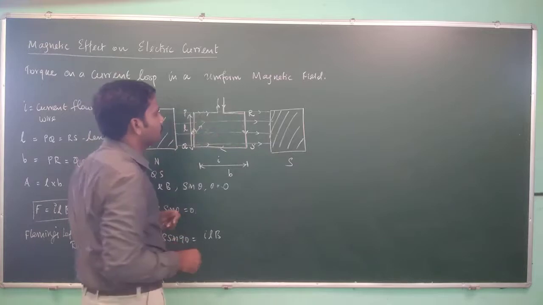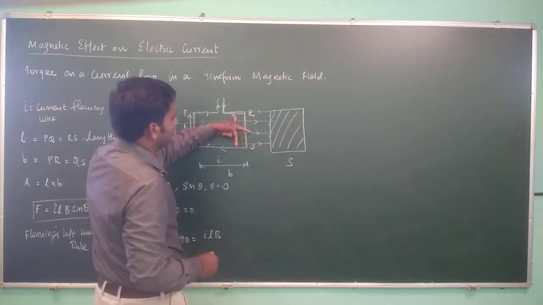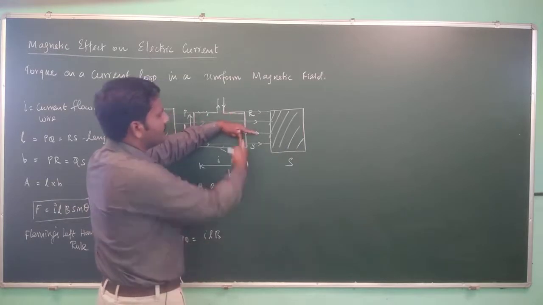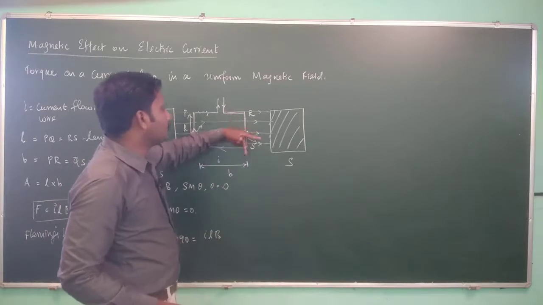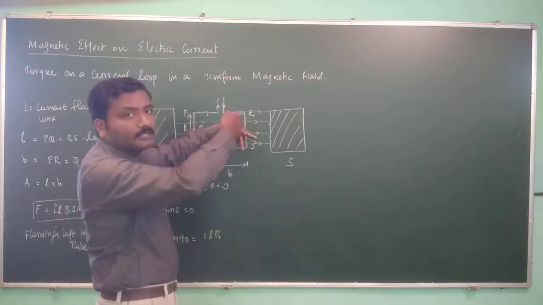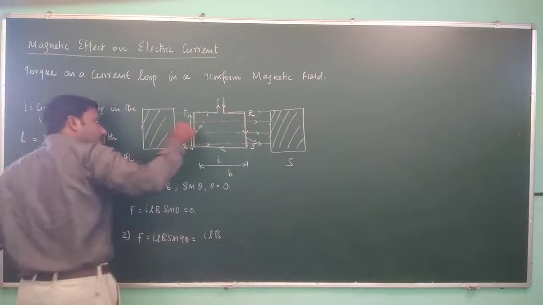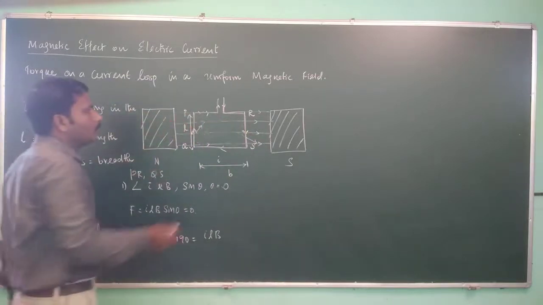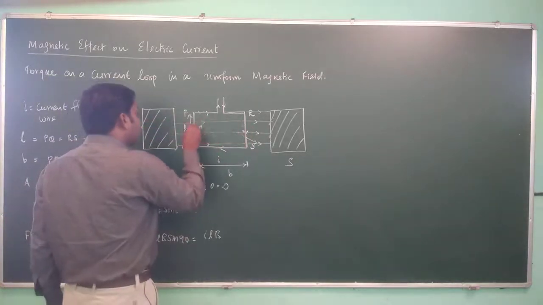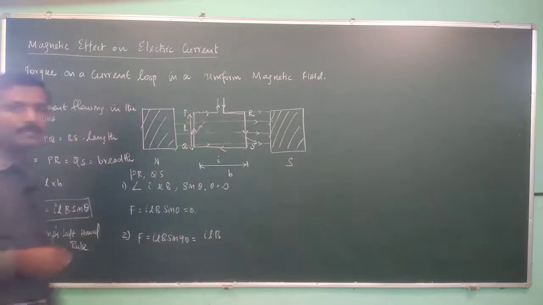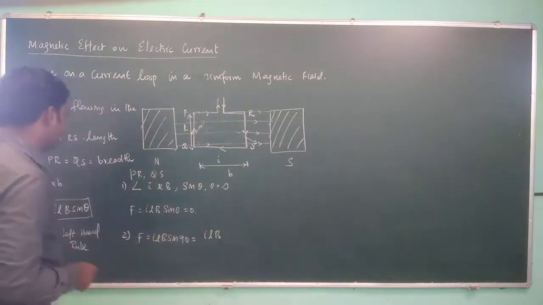And in this case you can see that this is the direction of the magnetic field and this is the direction of the current. Current is flowing down, so here the force comes out. It comes out from the board, right? So in the first case, for PQ the force is directed into the board, while in this case it is coming out from the board. So it is exactly opposite to each other, right?